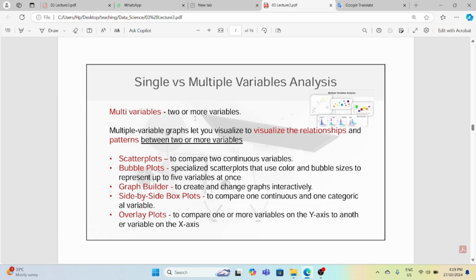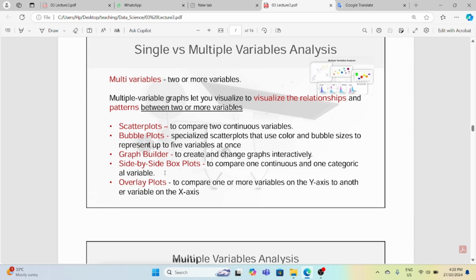Okay. For multi-variables, two or more variables. In multivariable, we have two or more variables. Multiple variable graphs let you visualize the relations and the patterns between two or more variables. We can use the scatter plot to compare two continuous variables, and the bubble plot, a specialized scatter plot that uses color and bubble size to represent up to 5 variables at once. For example, graph builder to create a chain of graphs